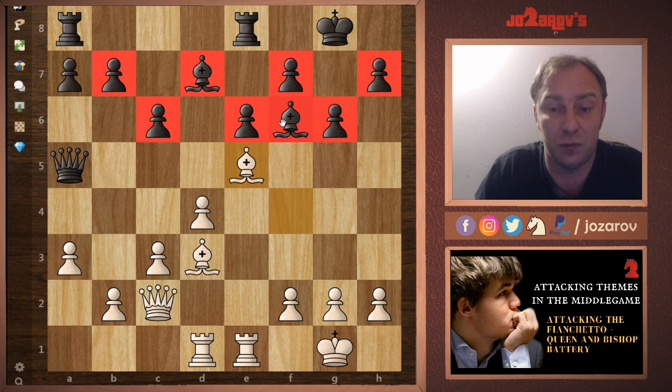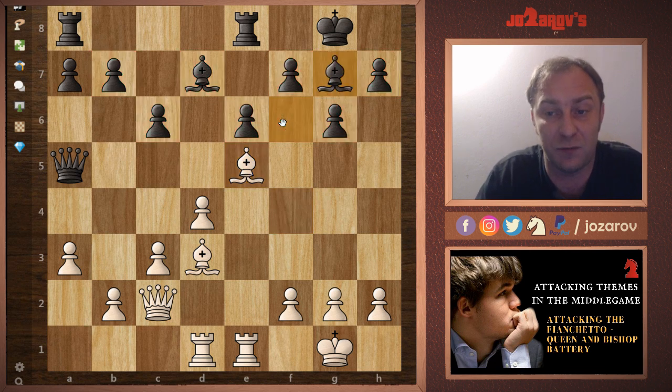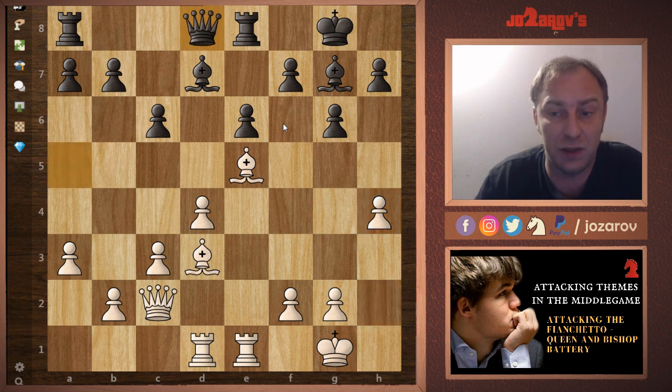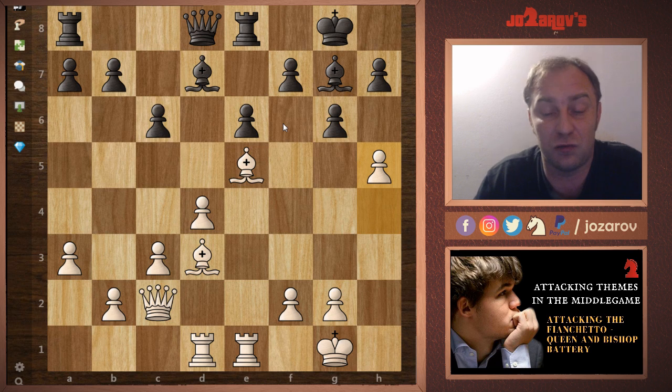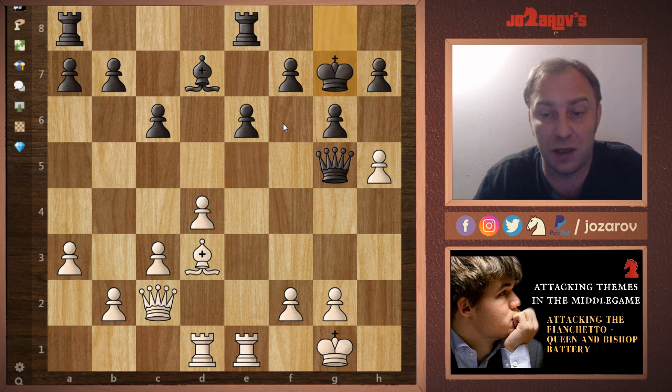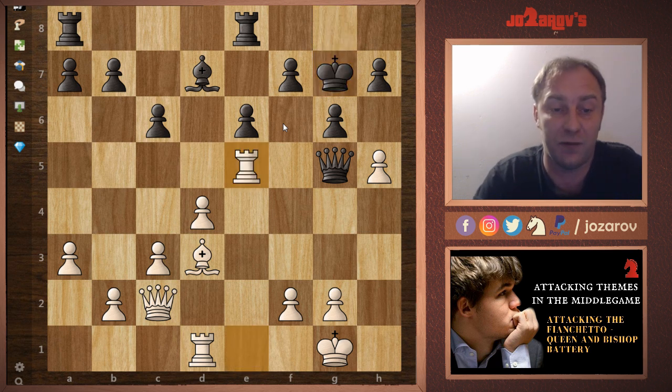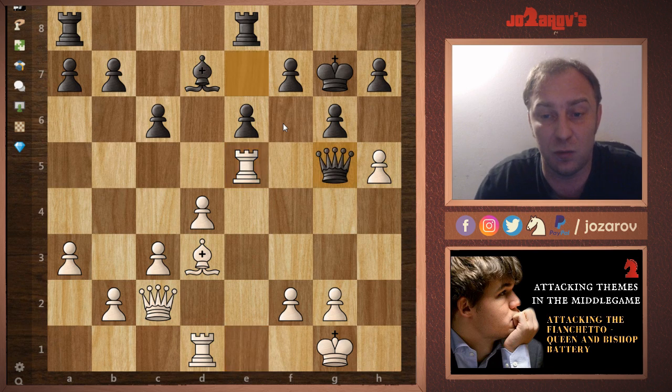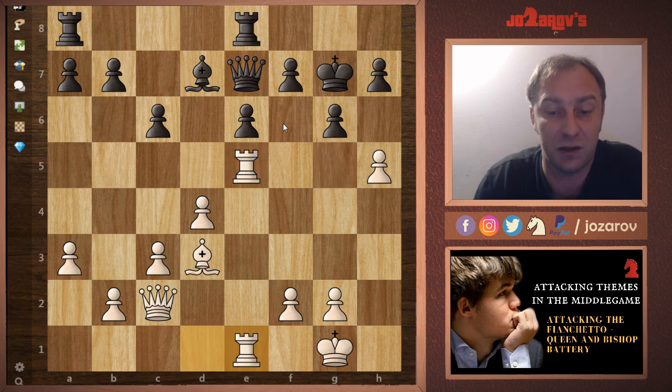Now after bishop to e5, here bishop to g7 was played, but now again this idea of this flank attack h4, here we have queen to d8, but not a problem. We are simply trying to open the position. Here queen to g5 was played, but now bishop takes g7, king takes g7, and now rook to e5, of course attacking the queen. The queen has to retreat, queen to e7, and now creating again this battery with its rooks. So you see again